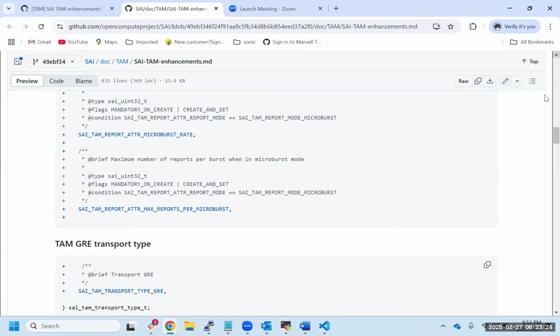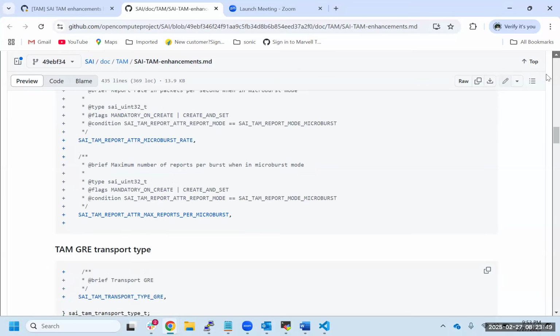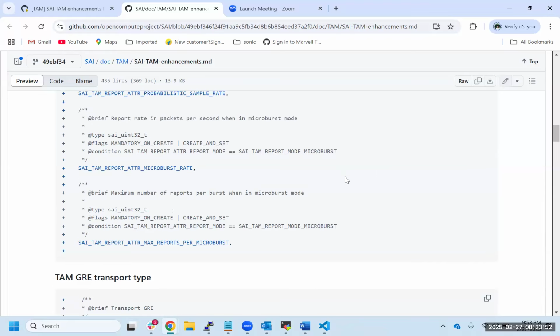Okay, so the second one is to detect when you are in the microburst. When you say the maximum reports for microburst, okay, I got it. You look for n reports. But what is the duration in which you look for n reports to go out? To detect the microburst, you should say that I have n reports which were sent out in some small duration. Okay, I think that's a distinction.